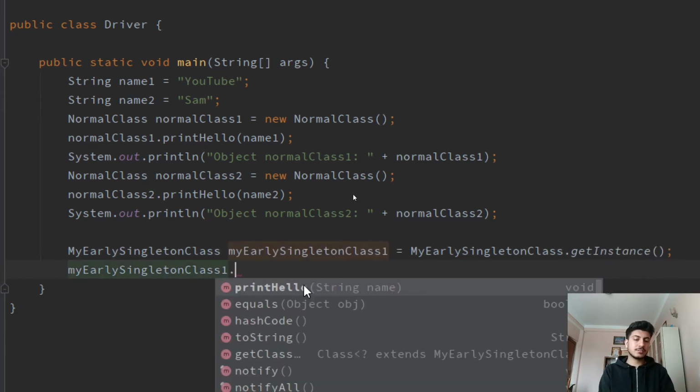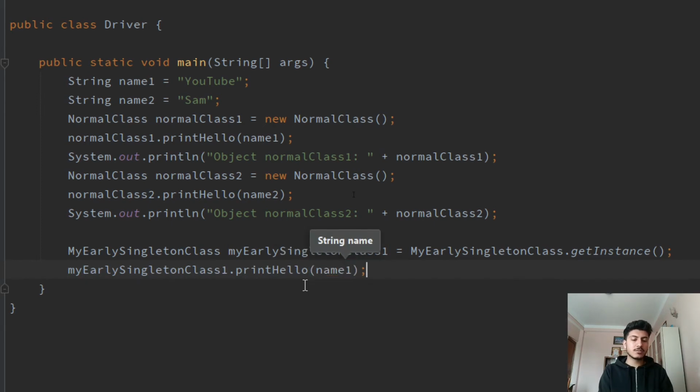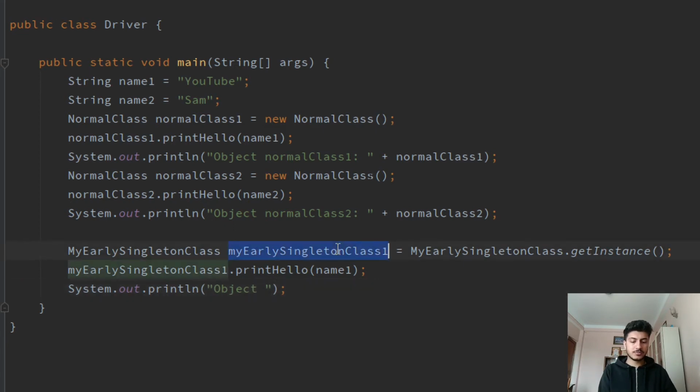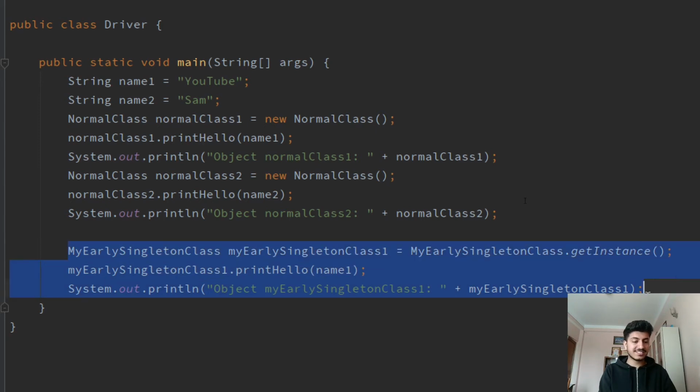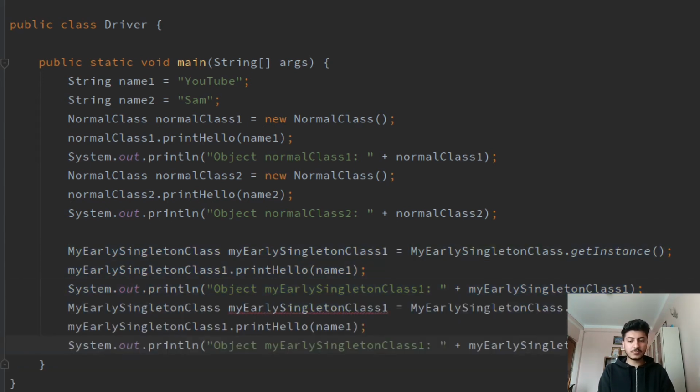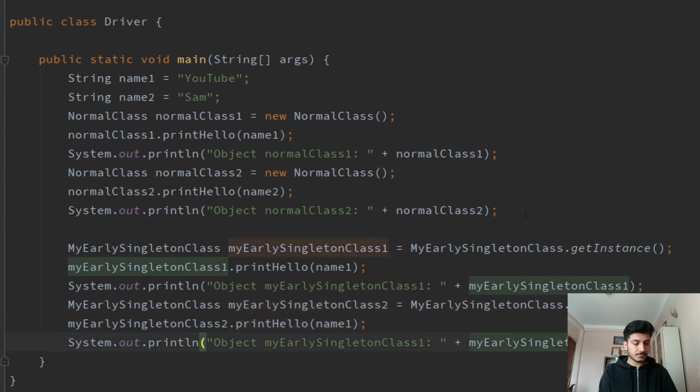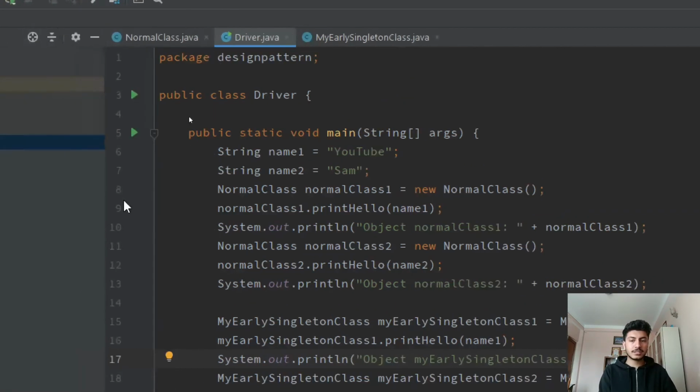So what I can do is call the print hello method and provide name 1, and also let's print the object. I'll copy this one quickly. I'm printing the object so that we can verify whether the two objects are the same or not. This is the second object, I'll call it MyEarlySingletonClass2, let's print it out and give the name as name 2. If we save it and run it,